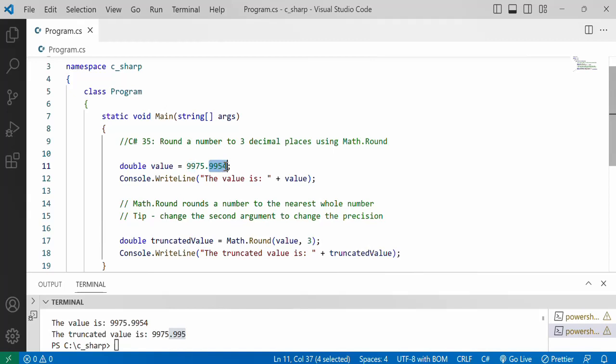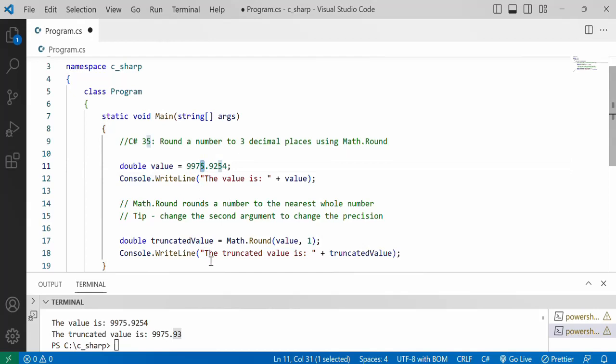So let's just say that I have 9254, and I want to display that number to 2 decimal places. So that's only going to be 93, because the previous value was 5, so that rounds up to the nearest whole number. So one other thing that I wanted to mention is if we said 1,